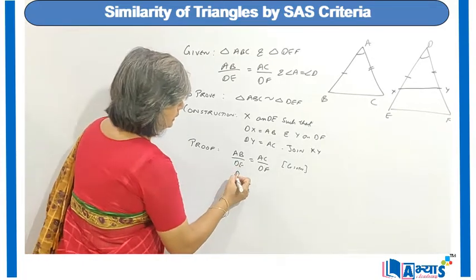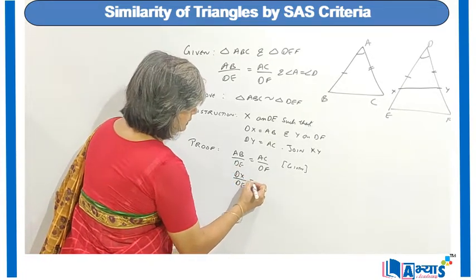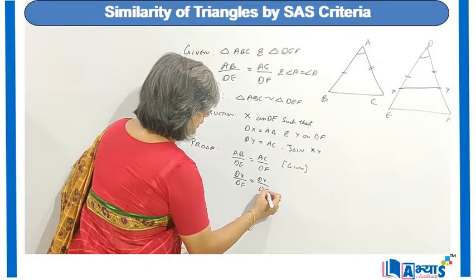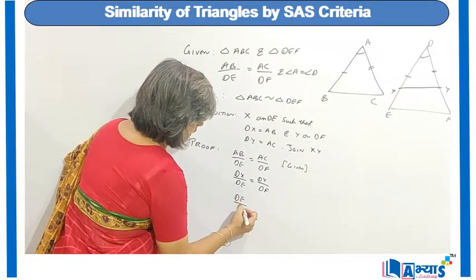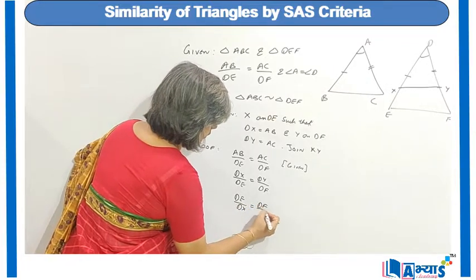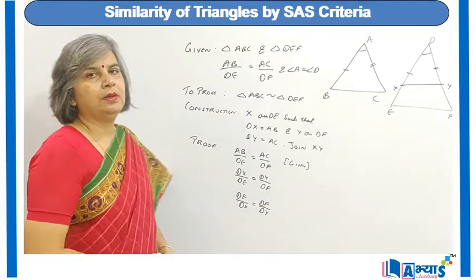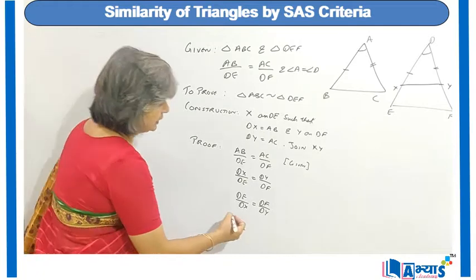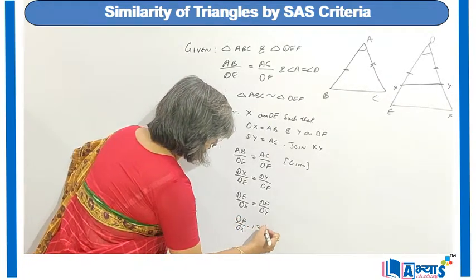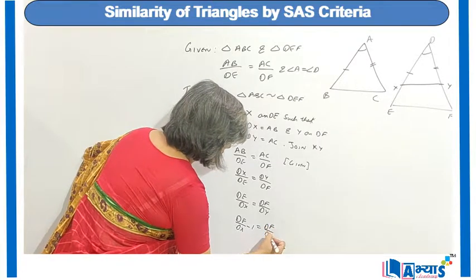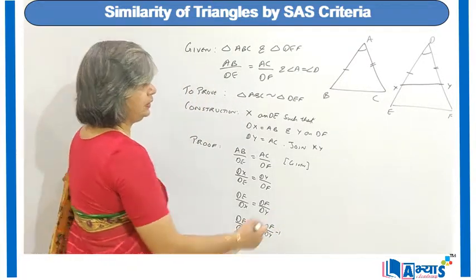We will get DX upon DE is equal to DY upon DF. Now we will take the reciprocal, so it will become DE upon DX is equal to DF upon DY. Now we will subtract 1 from both sides and we will get DE upon DX minus 1 is equal to DF upon DY minus 1, which is further equal to